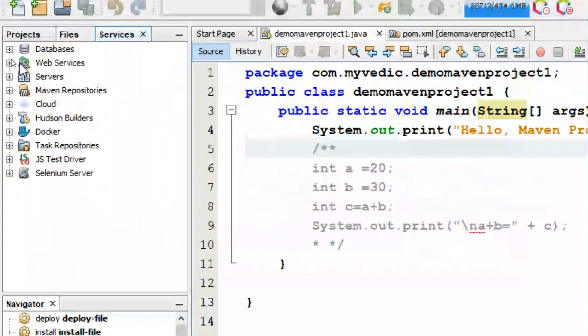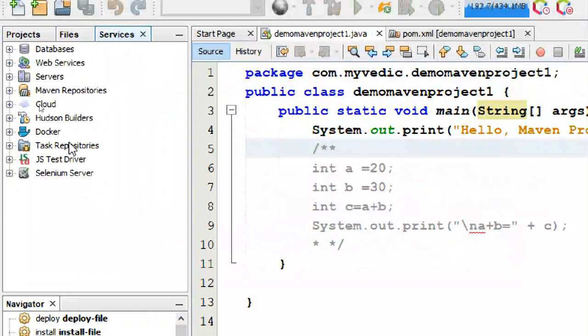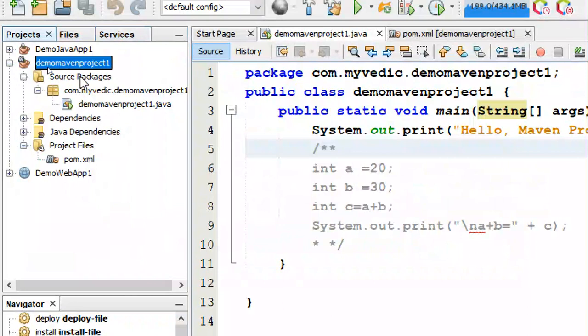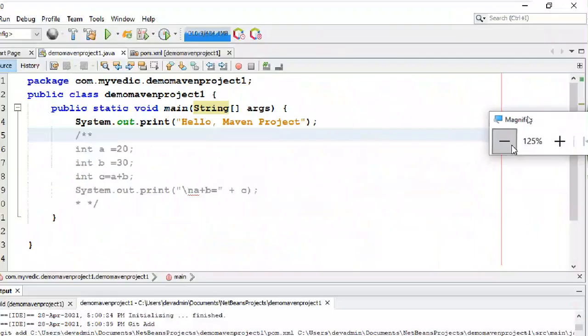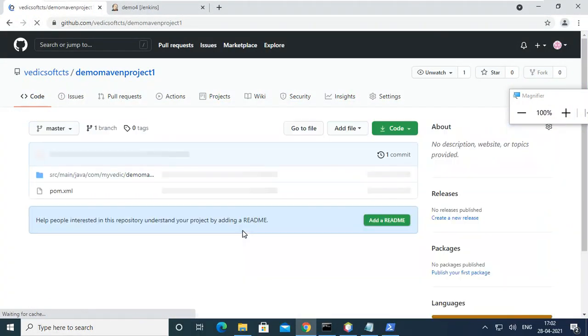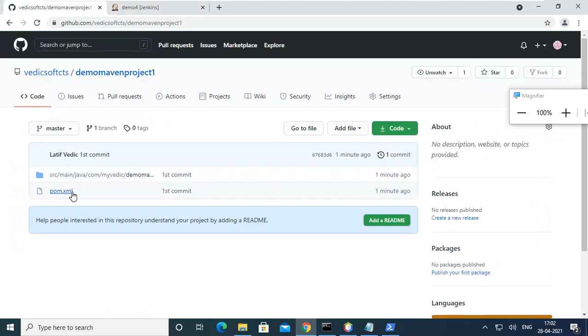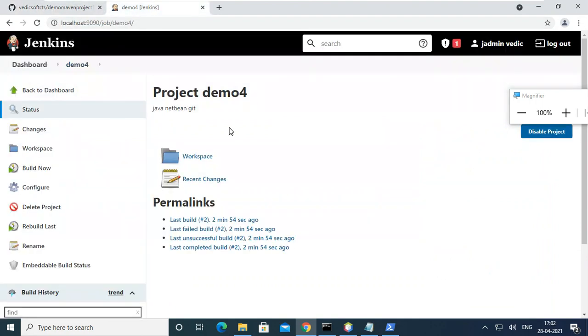So this is uploaded successfully in Git. So refresh the Git. This is the file location. Make sure that pom.xml is visible like this. Then only you'll understand it is a Jenkins file.